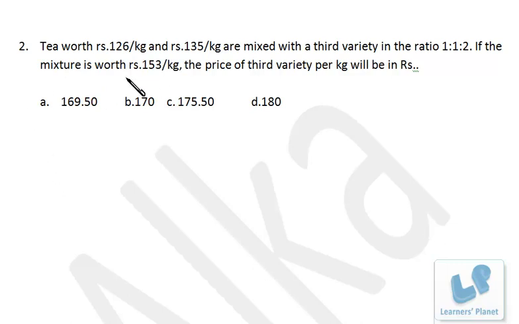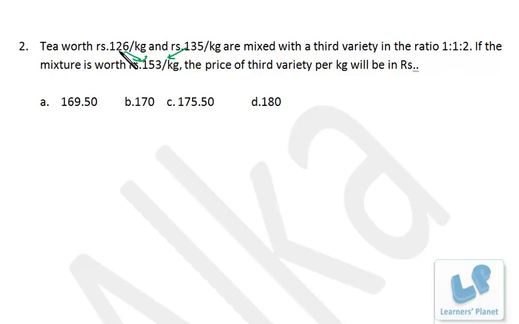See, it's a very simple problem. The cost of the mixture is 153. Now this data is making a difference of 27 from this mixture, right? So we are having a loss of 27, and here we are having a loss of 18 rupees, 153 and 135, 18 rupees. So this 27 plus 18, 45 rupees loss has to be compensated, so that the third variety will compensate.